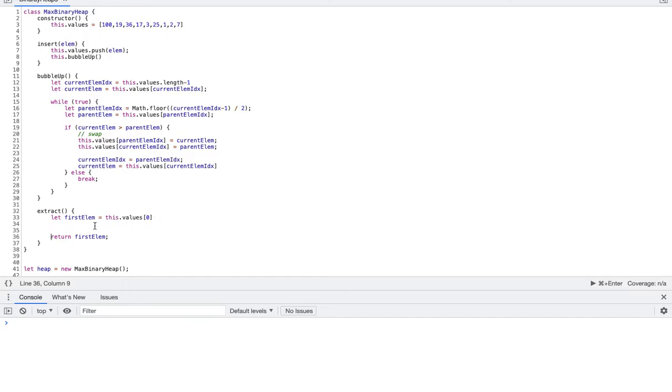But in between all that, before we return it, we're going to have to readjust everything into the correct order. And that's where the bubbling phase occurs. So for now, I'm just going to comment this return out, and we're going to do some code in between this. All right, so now that we have the first element,